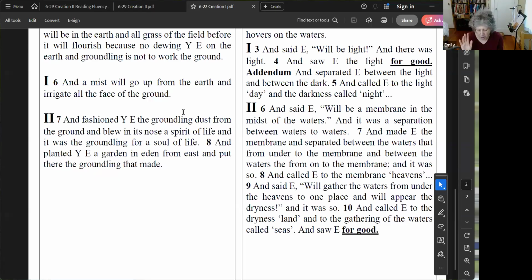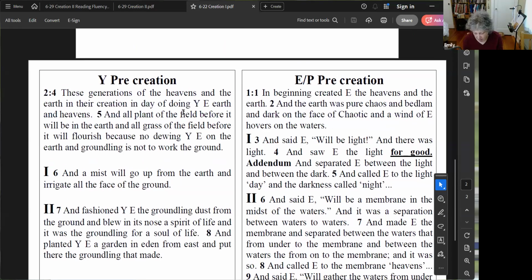I have a question here. So in the EP story, you've got light, and then on the Y story, you've got mist to irrigate. And I guess I'm looking for parallels. And in the EP story for 2, you've got the separations of the water, and